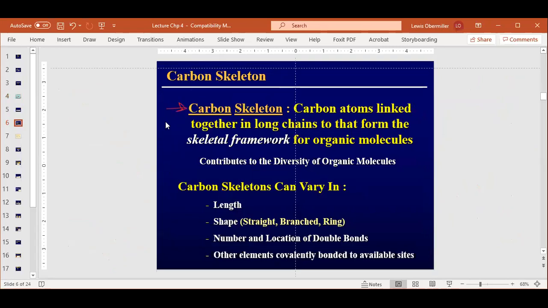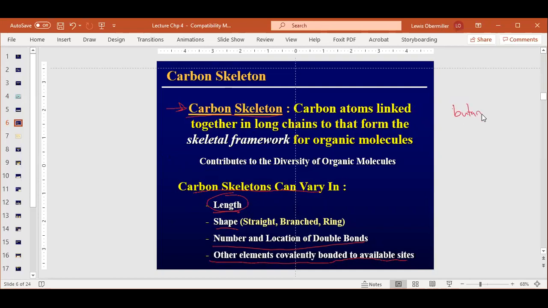All right, so when we're drawing out these structures, we call that the carbon skeleton, right? And carbon skeletons can vary in length, shape, number and location of the double bonds, and other things that are bonded to it. So I'm just going to give you an example of the length right here. So we can take the molecule